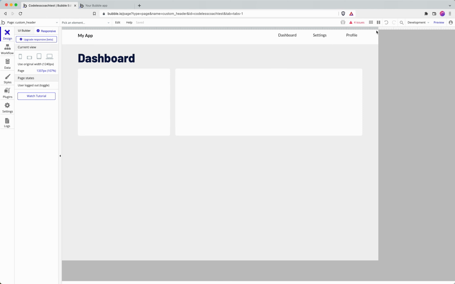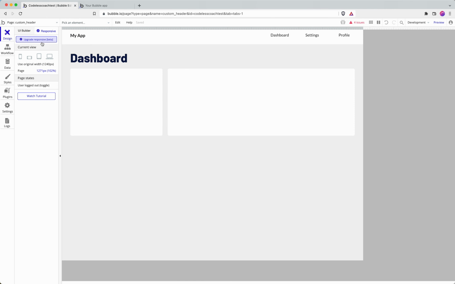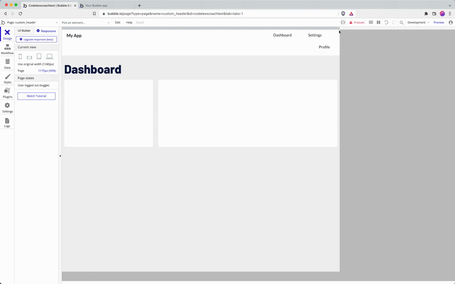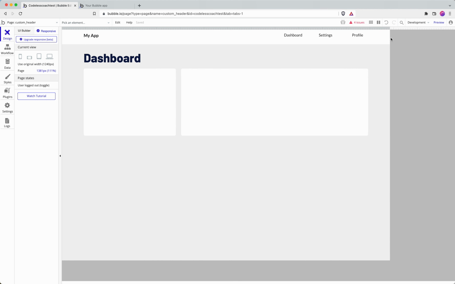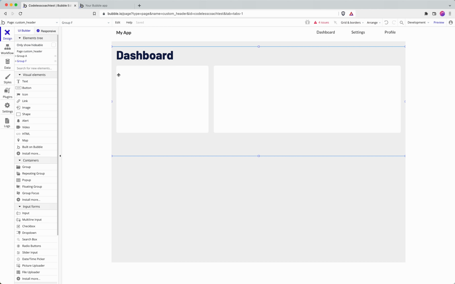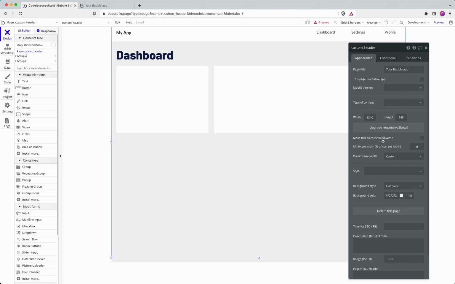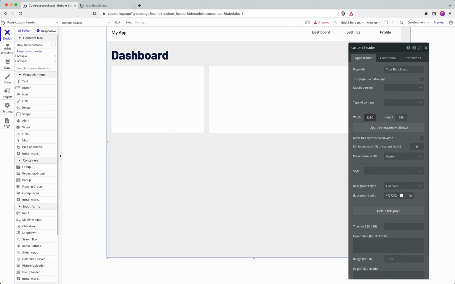But if I go into the responsive engine, and it's the old responsive engine, not the new one, you'll see that actually exactly the same thing happens. So here's the workaround. My page width is 1240, and I would like there to be a 20 pixel margin on either side to make it look consistent. So I need to add 20 pixels either side, so I'm going to add 40 pixels in total to my page width,